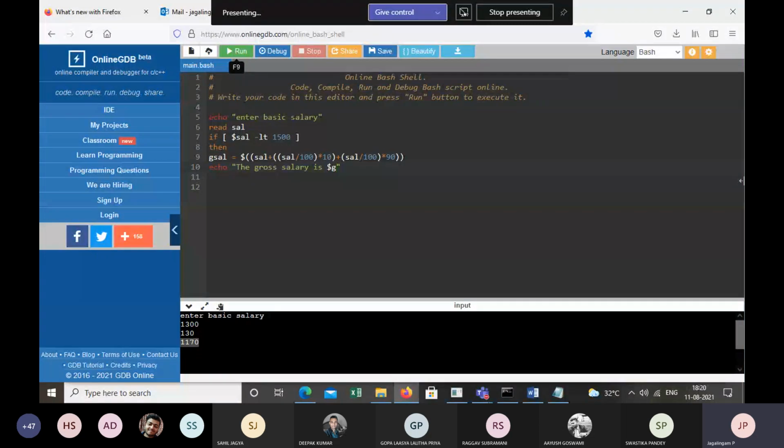Can you give the semicolon at the end of the line? Please try that. If you give the semicolon, what happens? Getting an error message.